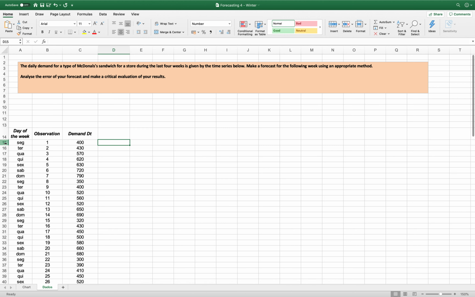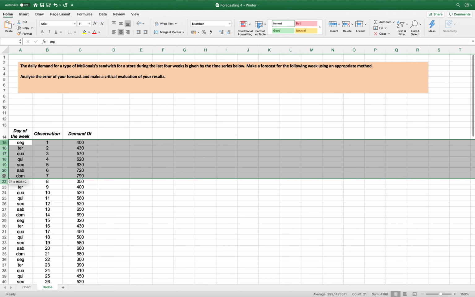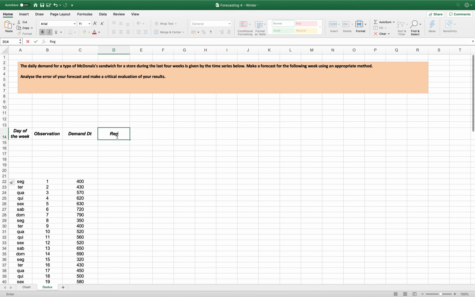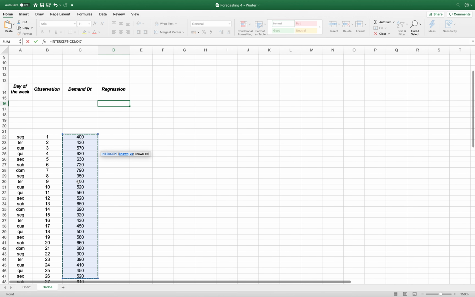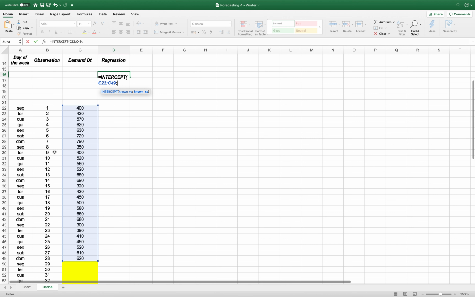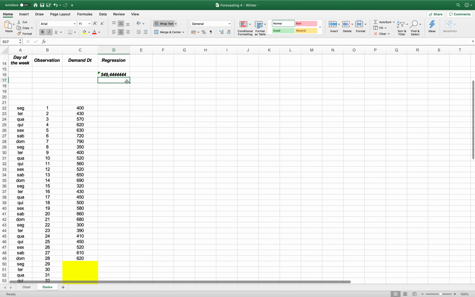Before we start, I will just make some arrangements in the spreadsheet. I will need some space here, some lines. So I will insert those lines, and here I will make a regression that I will treat as a baseline demand. For the regression, I will calculate here the intercept and the slope, and then we will build the regression in this area here. So the intercept, using the Excel formula, I here have the y's, and here the x's, the corresponding axis, matching areas, and that's it. And the slope, using the function slope,